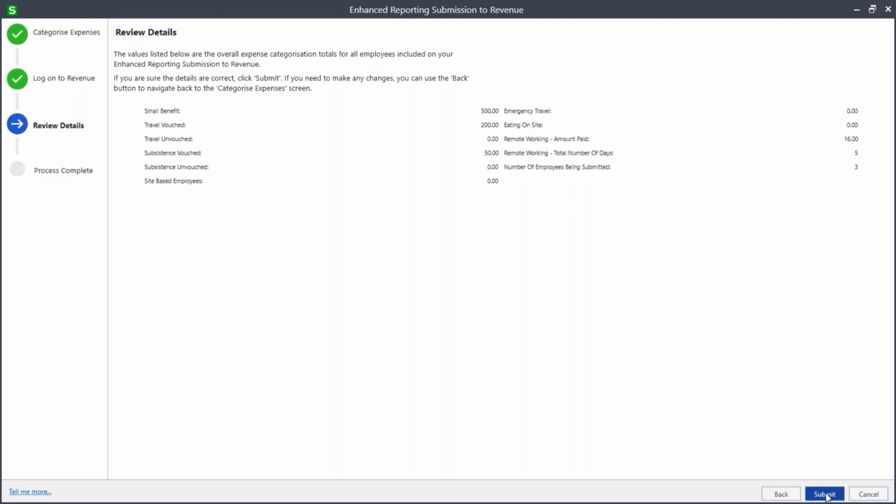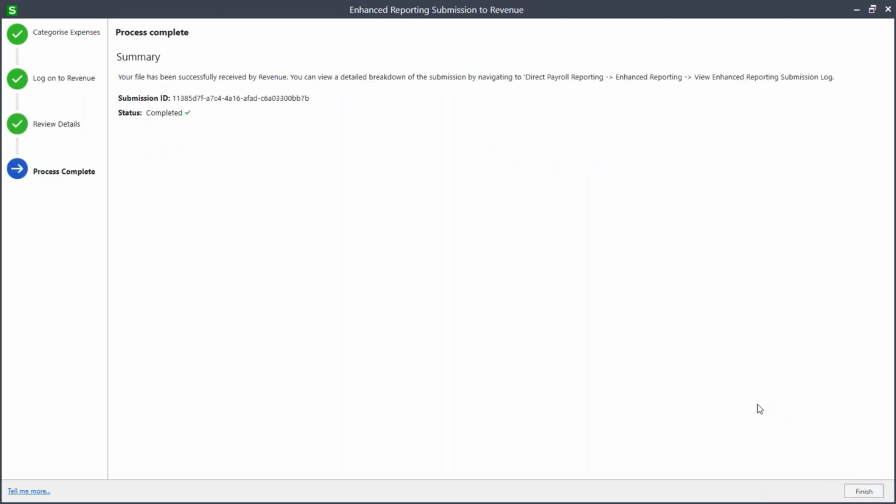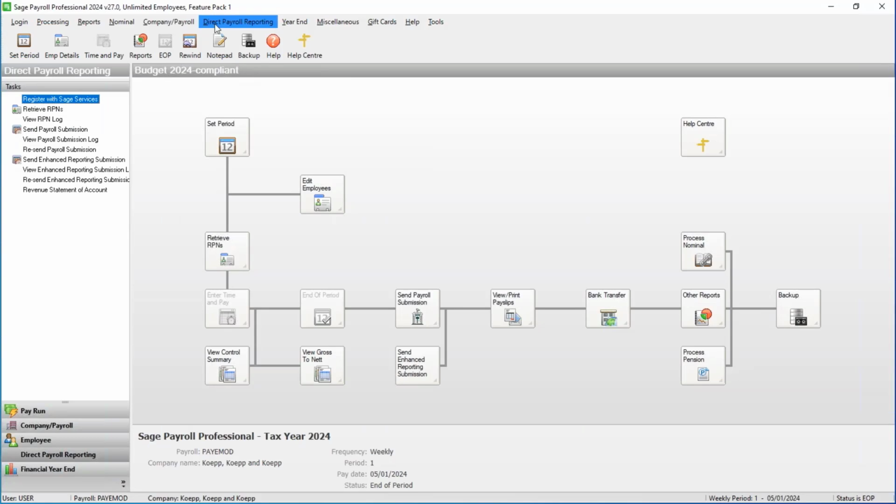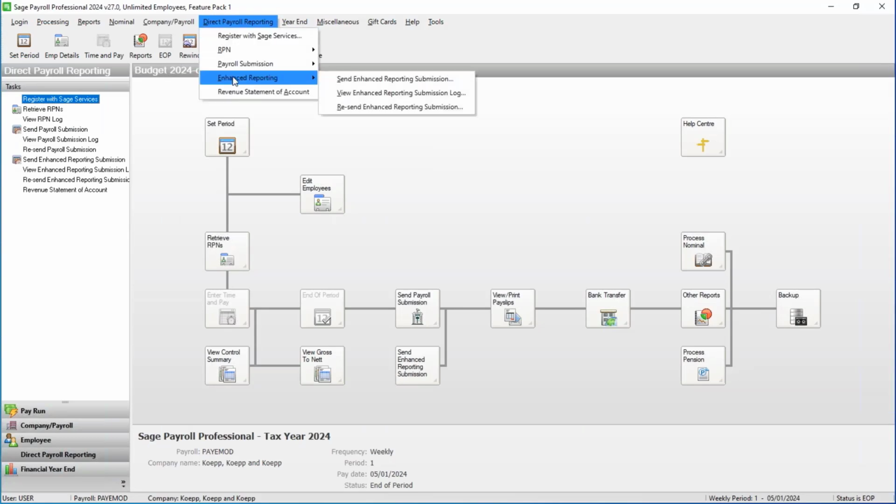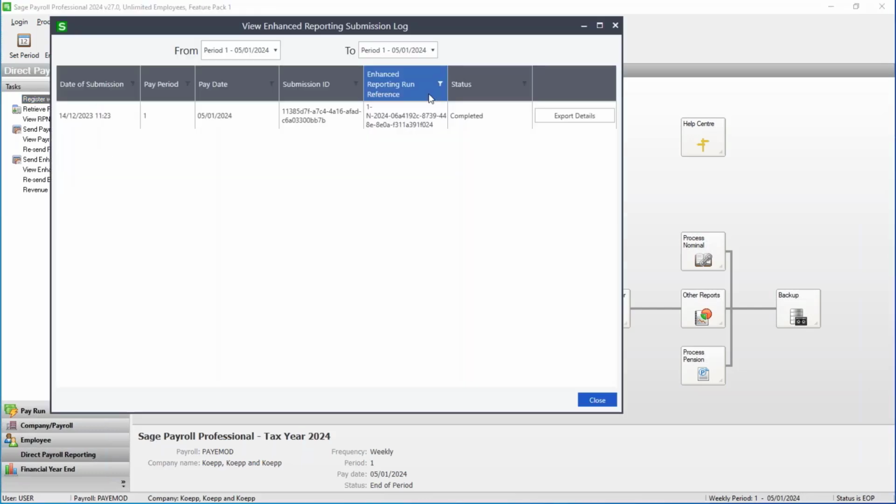And if we are, you simply click submit, and then you'll see another progress bar, and that will then submit the ERR to revenue. So that is completed. And there's a note here that you can see a detailed breakdown within your submission log. So if I click onto finish, go to direct payroll reporting, enhanced reporting, and view enhanced reporting submission log, you'll see that this is a submission I've just made. And if you click export details,